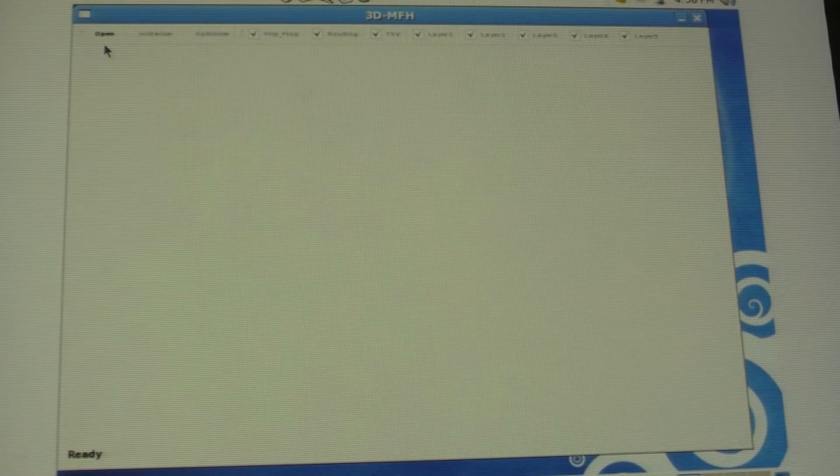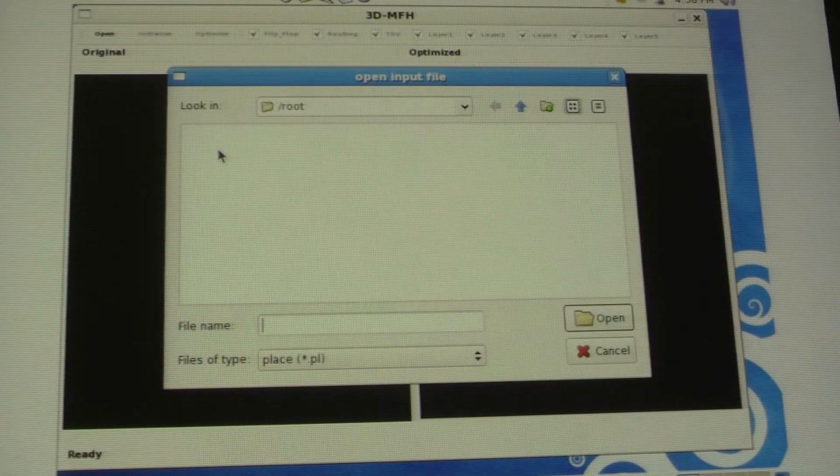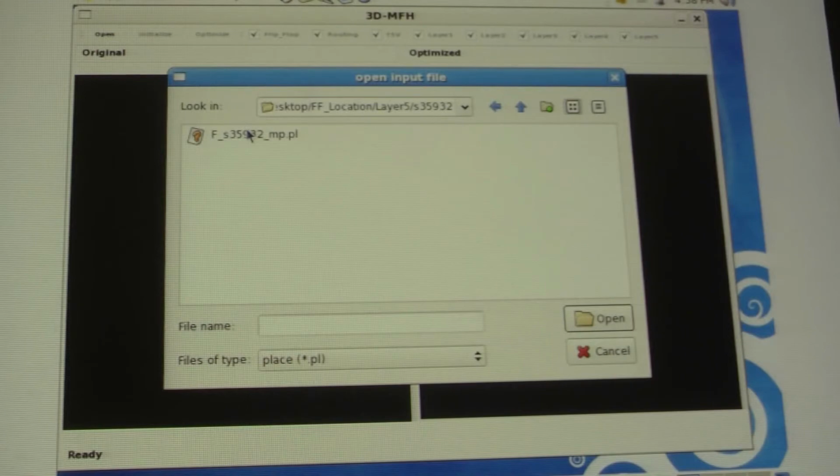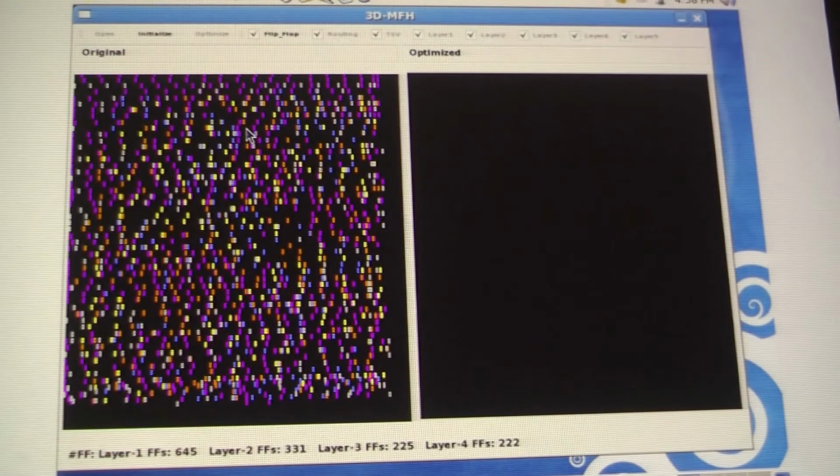This is a 3D-MFH software that we have developed. First, we need to open a flip-flop location file and the ISCAS benchmark file. The left picture shows the scan cell arrangement. Different colors represent different layers. After initialize icon has been clicked,